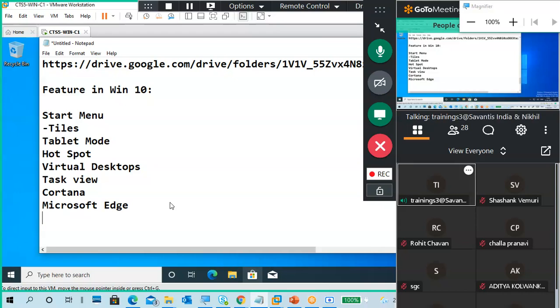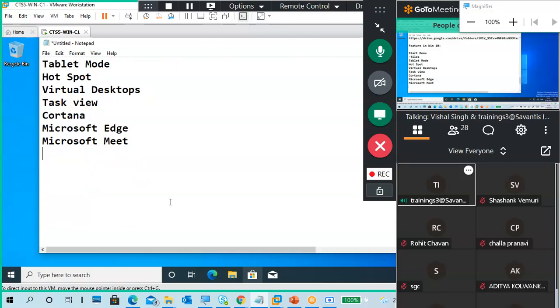Sudeshna madam uses one meeting app. Which one? Microsoft Teams. Meet, right? Microsoft Meet. It is not there in our Teams. It's not there in my PC. Madam has a Professional PC. If you have Windows 10 Pro, because madam has Windows 10 Pro, she got that one.